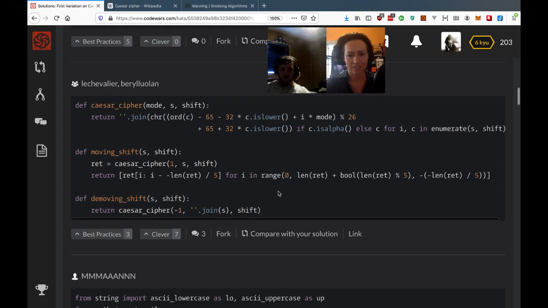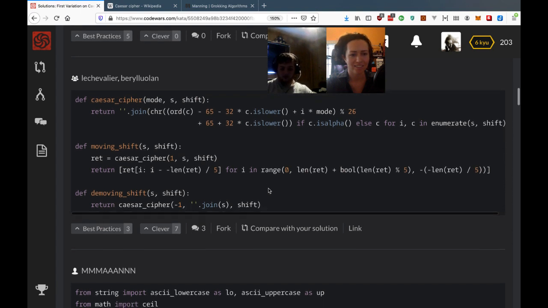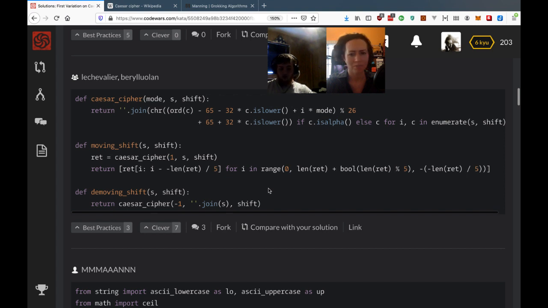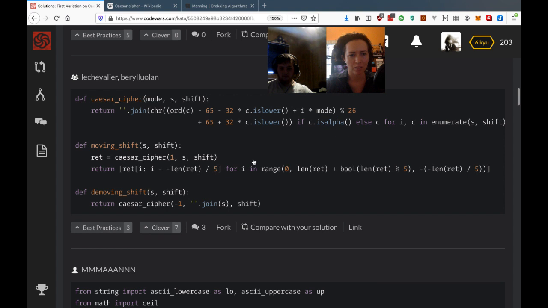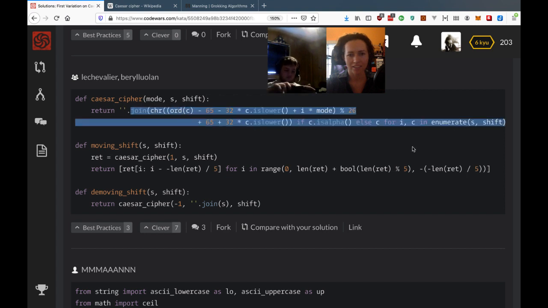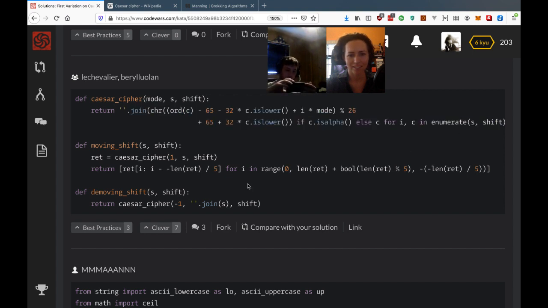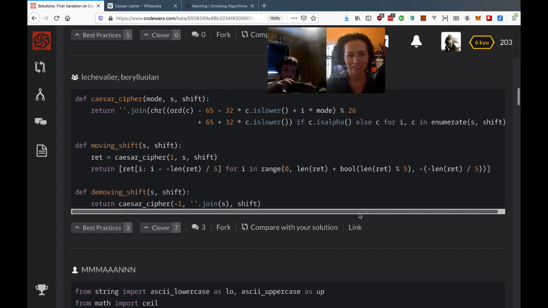I'm trying to find that. Did you have to scroll down a little bit? I wonder if we have the same results on ours, like if it's sorted the same. I'm not sure. It's upvoted 3 times best practices, 7 times clever, but with how many things that, like, look at this one line. This is difficult. I know it's kind of fun to stick everything in one line, but yeah.